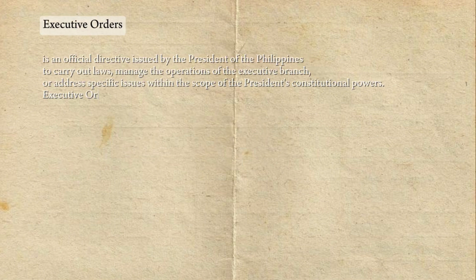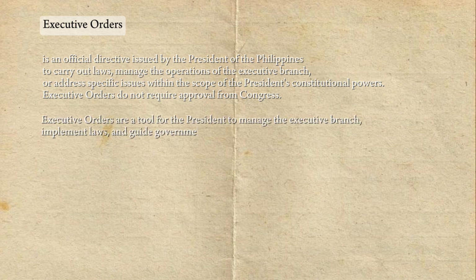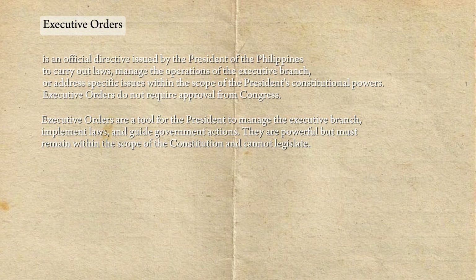The President can issue executive orders to direct federal agencies or address issues not covered by existing laws. While not legislation, these orders can affect how laws are enforced. However, executive orders are subject to judicial review and can be